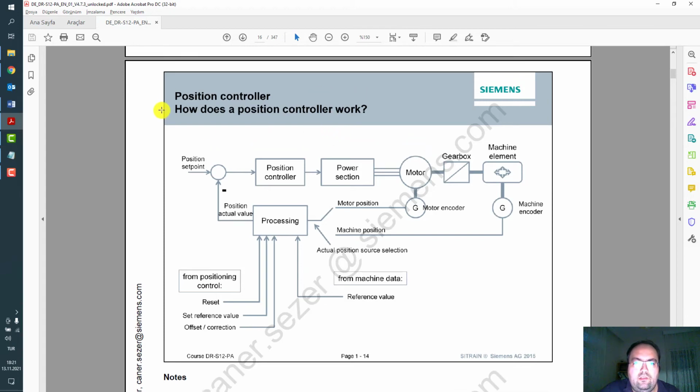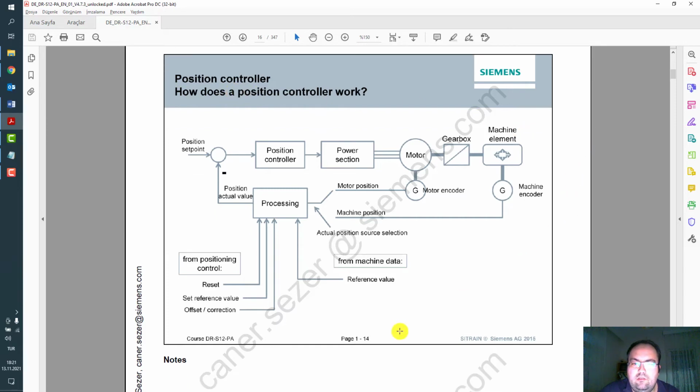And the next page, you will see how a position controller works. It's a basic diagram to explain the main idea. So on the right side, from motor side or after the gearbox on mechanical side, we will get actual position from machine encoder or motor encoder. But you have to keep it in your mind.